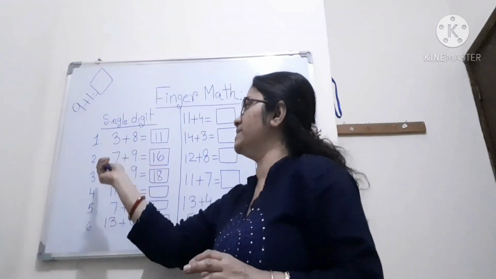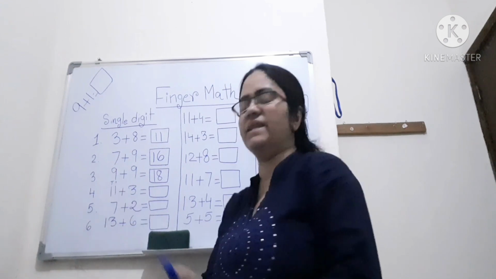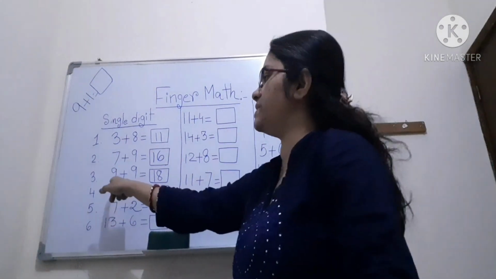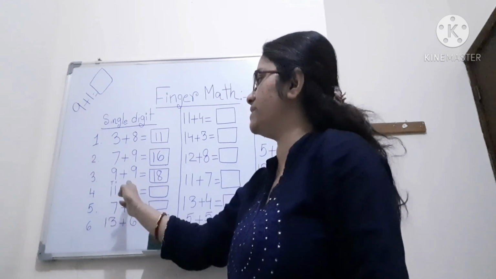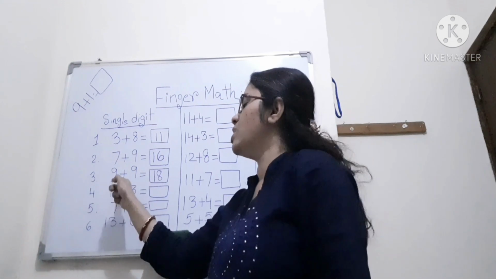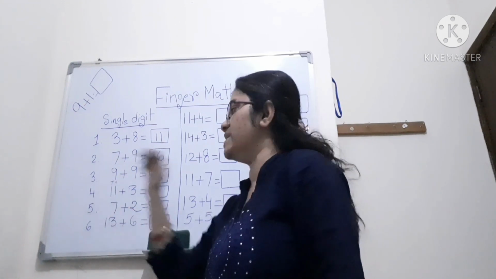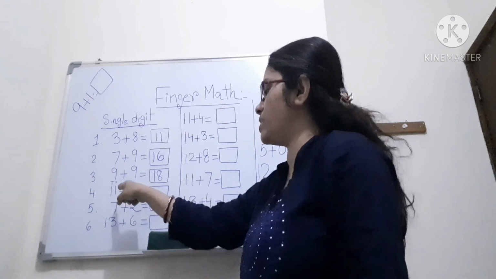Again, 11 plus 3. See, 1, 2, 3. The 3 is a 1-digit number, in the 1's place. And this is again 11 plus 3. This is the 1's place, and the 1's place is on the right side. You have to write from right side to left side. The right side is the 1's place and after that the 10's place, because these are 2-digit numbers. Okay, so 11 plus 3.